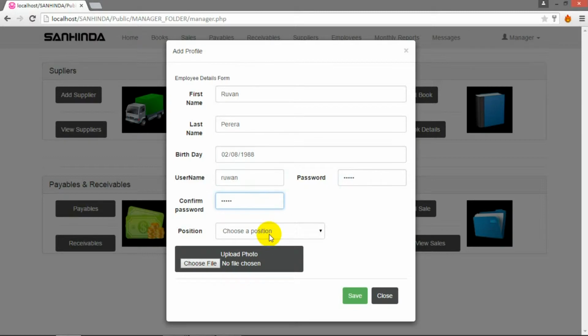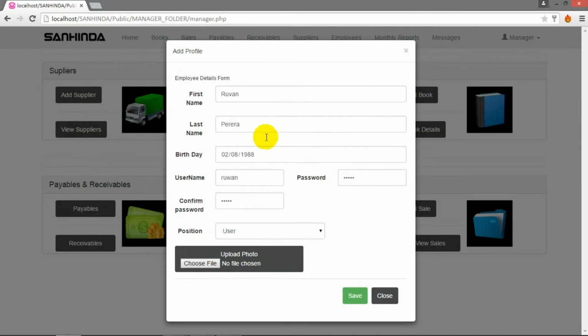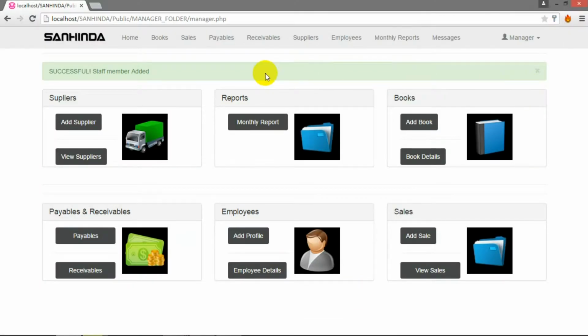In the position field, user can select the option he needs. If the user wants to upload a photo, simply clicking the choose file button, he can select a photo and upload to the system. After filling all the fields, he can simply save the information. You can see a simple success message will appear in here to inform the user that the data successfully entered